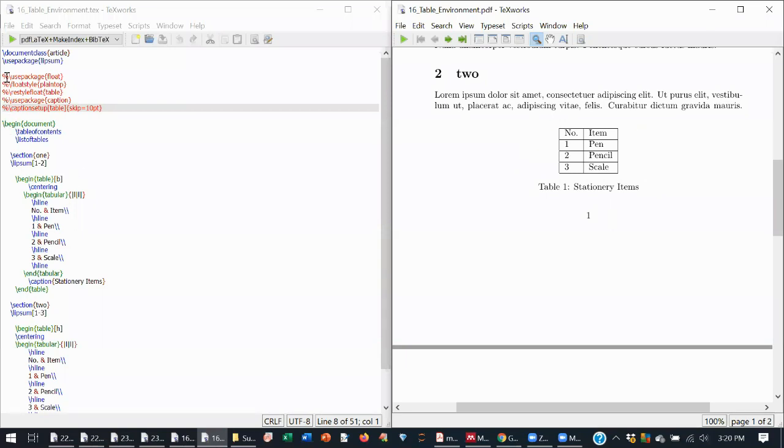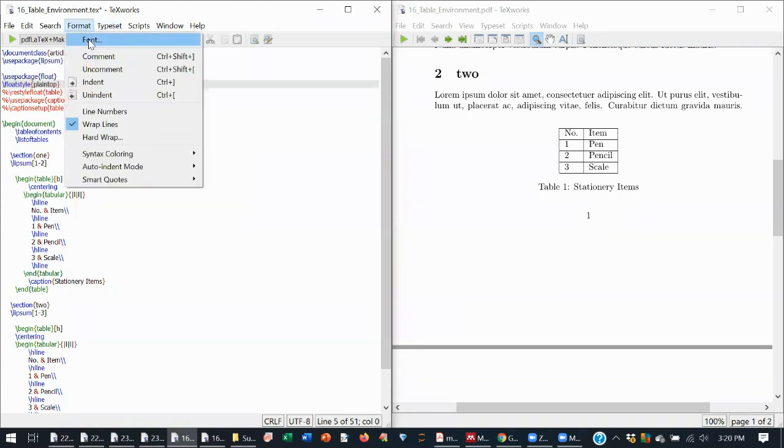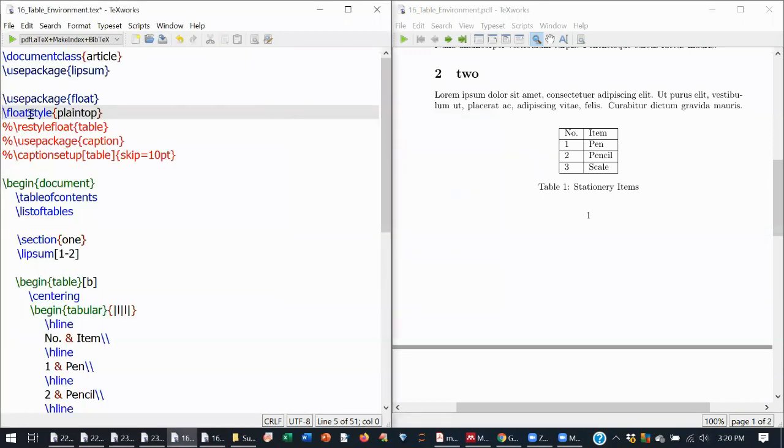So what you have to do is use a package known as float. You have to use the package float, and you have to change the style to plain top. Then you have to restyle the float.